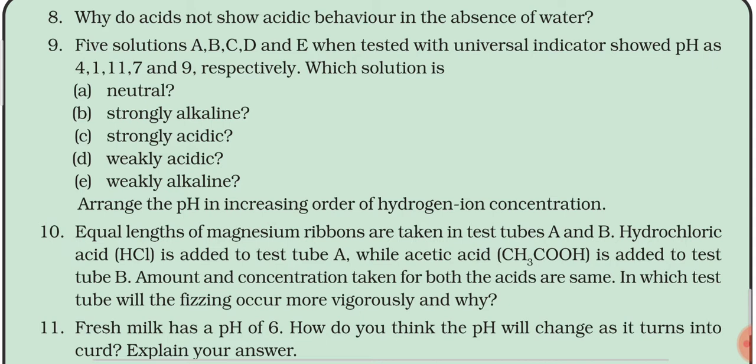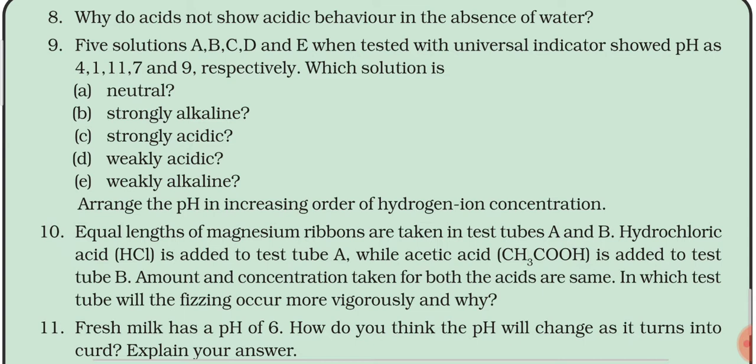Still, if you are having any problem related to the pH scale and hydrogen ion concentration, you can just go through the figure which is given in the topic of pH. There you will find two figures. One is the pH scale showing different colors for different pH values, whereas the other figure shows the relationship between pH value and hydrogen ion concentration. You can go through both these figures and you will be able to answer this question. Still, let us see what this question is saying.